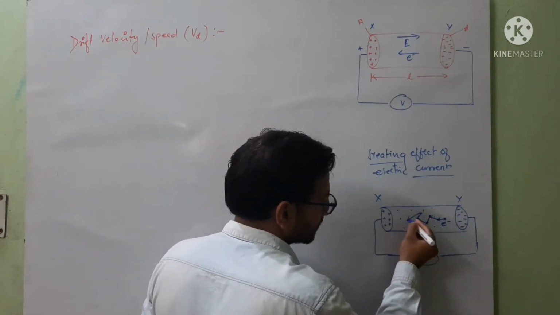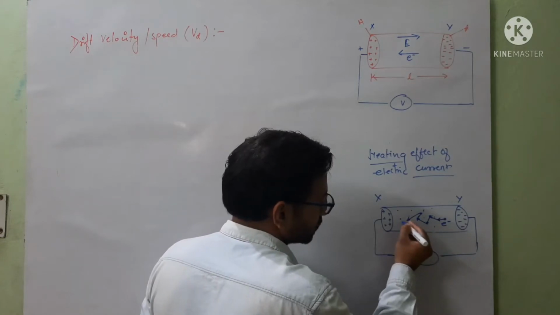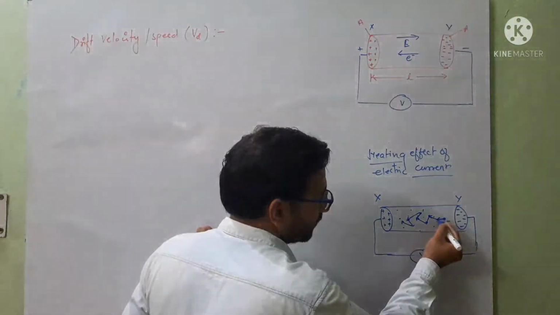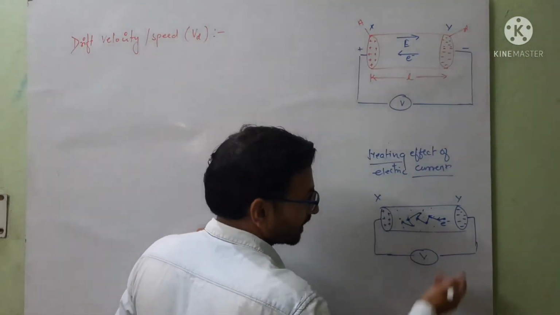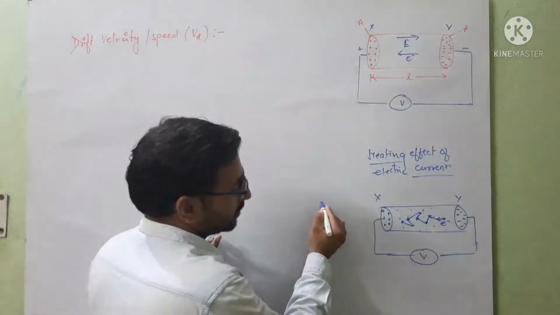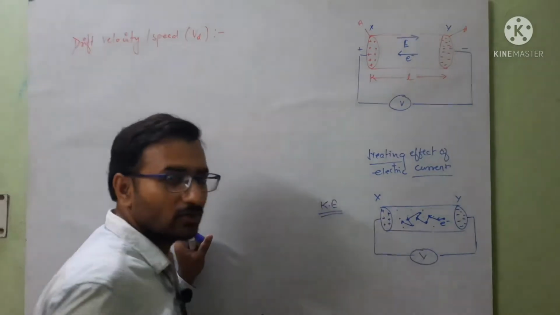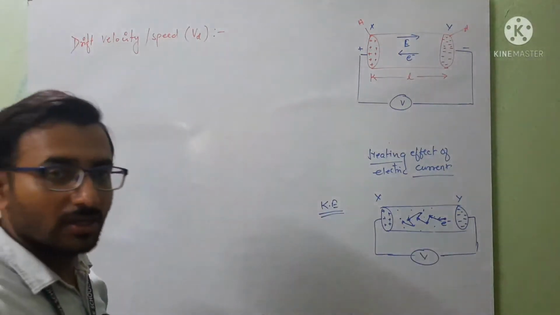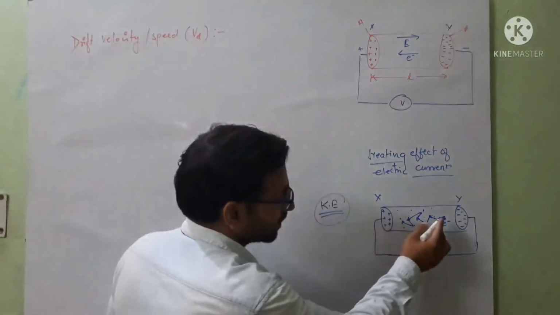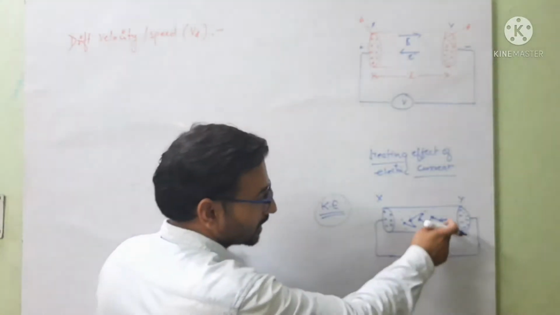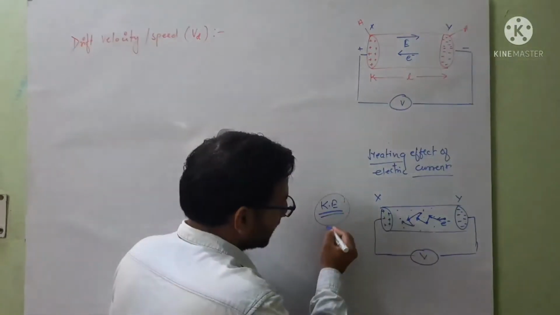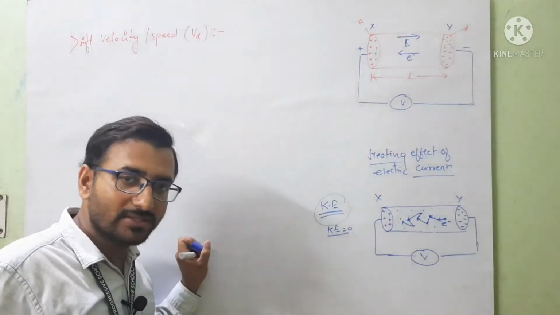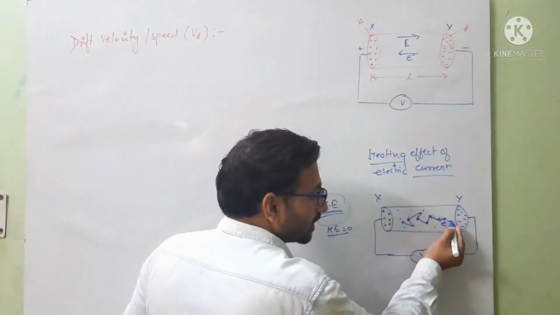Got it? So this is the motional direction, means random direction, and in every collision it will lose kinetic energy. The kinetic energy of the electron will be lost in every collision. I am explaining all things orally. So the kinetic energy is lost in every collision by this electron, and when the kinetic energy is lost, K is equal to 0, it means that the electron will come to rest,